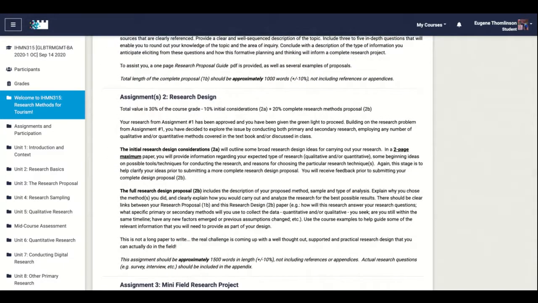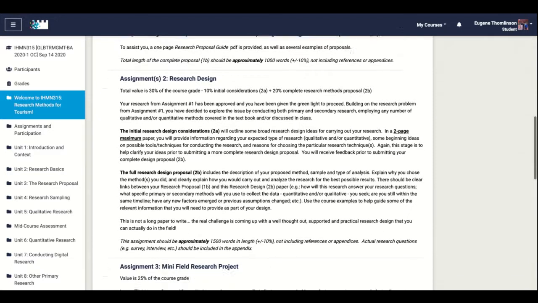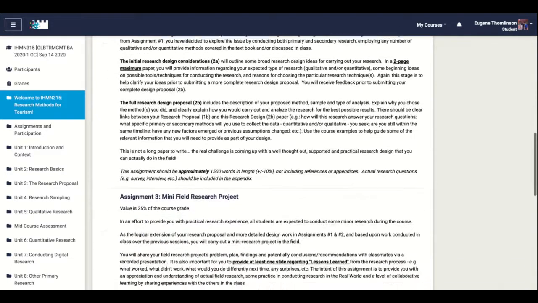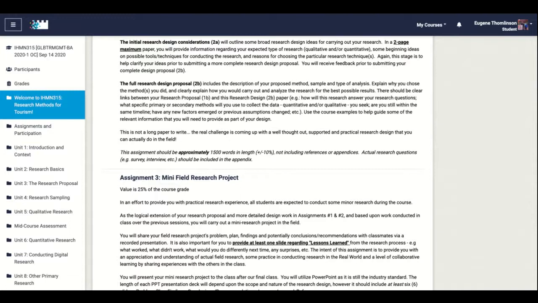Assignment 2, again, 2 parts. Part A is you designing some initial thoughts or some initial research design ideas. And Part B, again, providing a bit more information after you received a bit of feedback from the instructor. And finally, Assignment 3, here's where you actually get a chance to carry out your research,